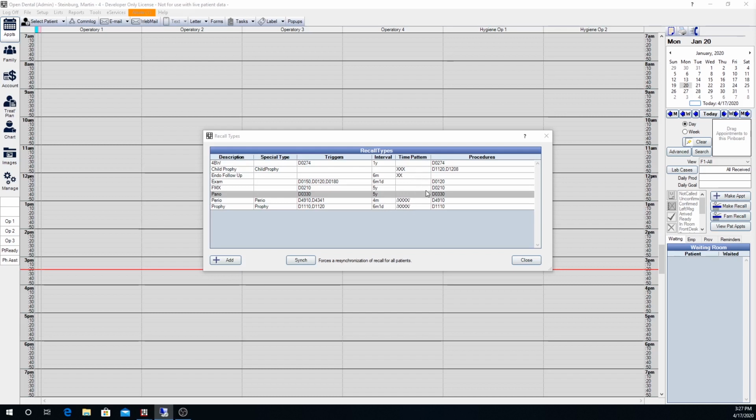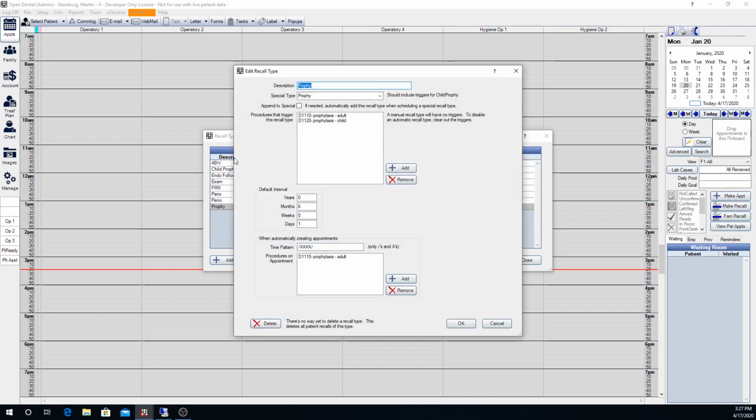The time pattern determines the default length of the recall appointment when you use either the Make Recall or Family Recall buttons over on the far right of the program. Procedures indicate which procedures will be added to the next appointment created using one of these Make Recall or Family Recall buttons. We're going to go into the Prophy recall type by double-clicking so that you can see the Edit